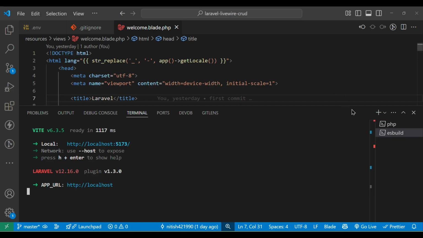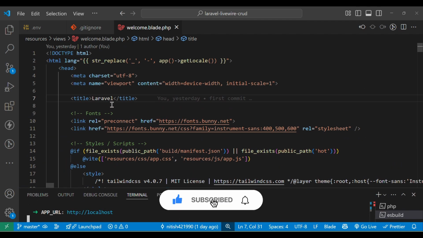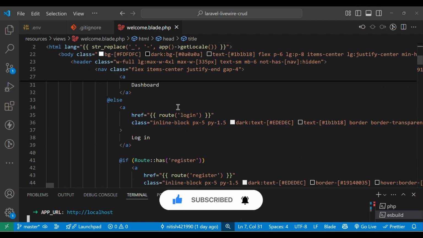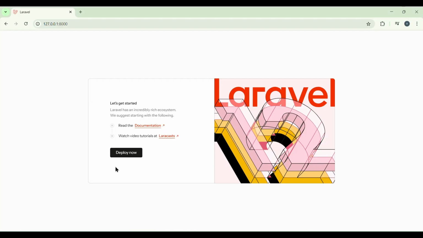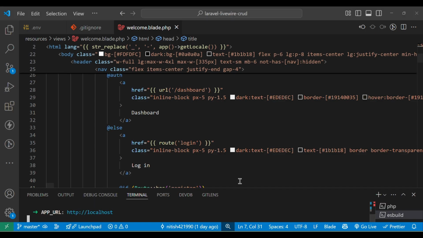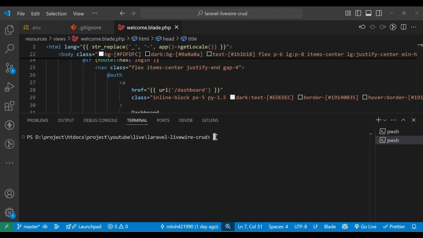So now we are going to the blade file. I think this is the blade file which you can see in this. We are going to create Livewire component and layouts. So for this we need to run a command. So we are going to run the command in our terminal. So open this terminal. We are going to run php artisan